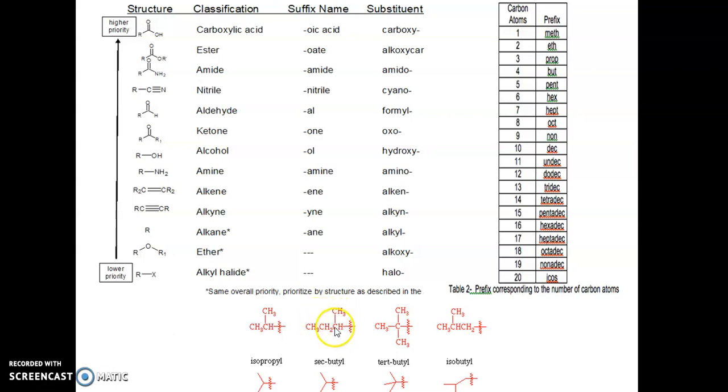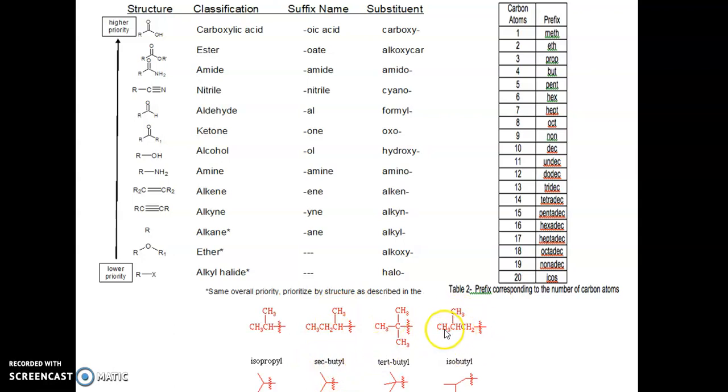But think very clearly: whenever the one CH3 unit is present as a side chain and it is present in the middle of the chain, then the iso term will come. But this CH3 unit is not present in the middle of the chain. It is present in the terminal position. So for this CH3 unit, the entire functional group will be termed as secondary butyl group. So, 4 carbon butyl, CH3 unit in the terminal position, secondary butyl.